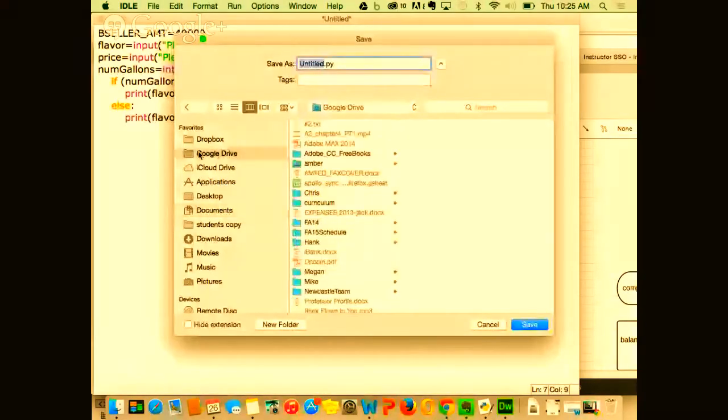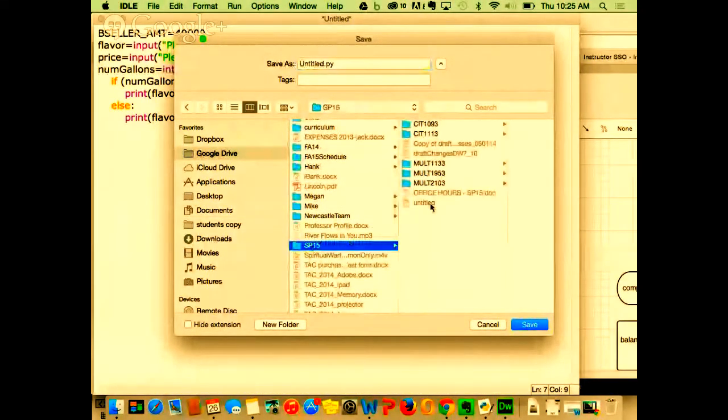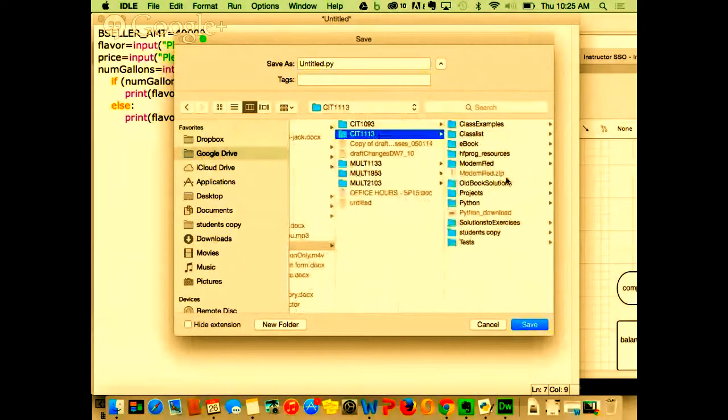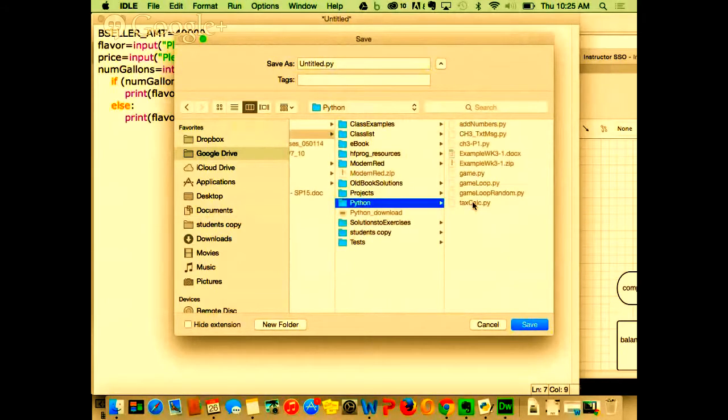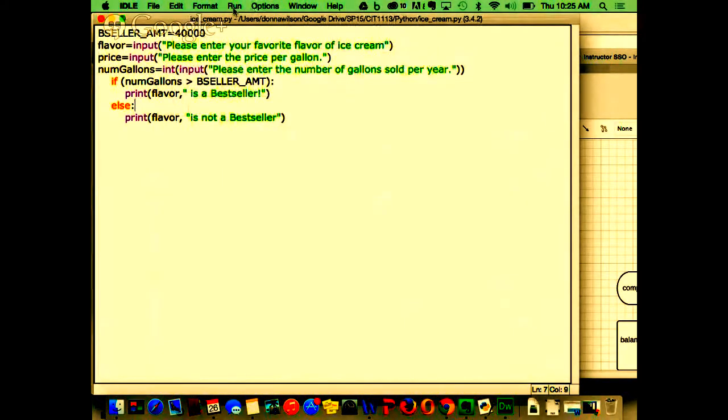But if I say in here, SP15. Let's see, Python. This is ice cream problem. Okay. Okay, let's see what happens.